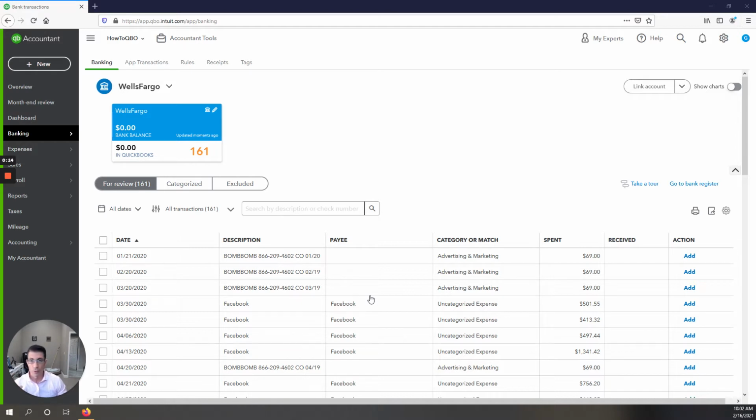QuickBooks has come a long way since we first started using it. I started using QuickBooks right out of college back in 2004. It was still very clunky. It was not the tool it is today. It was still very manual. Nowadays, it's highly automated, it's robust, it comes with a ton of features, and most are starting to use QuickBooks